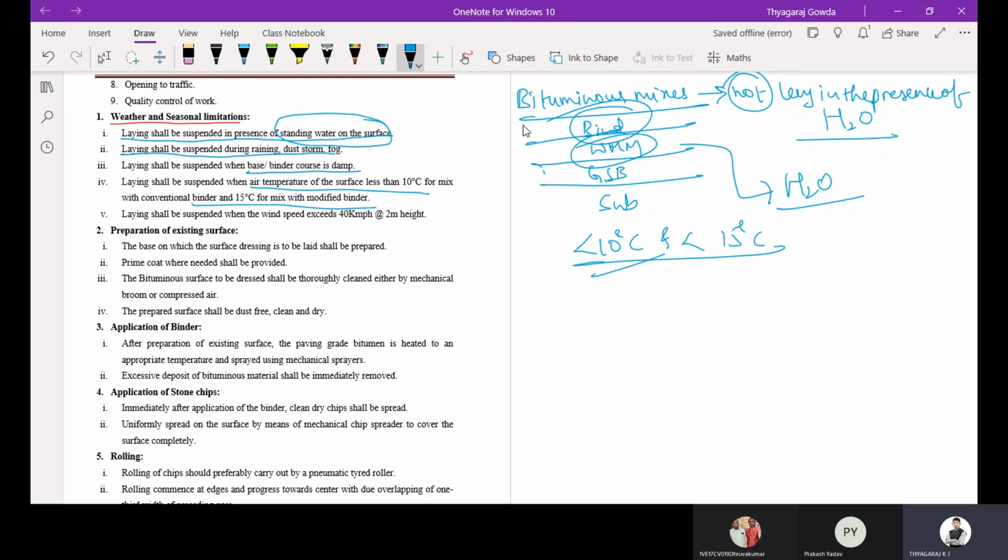Because, as I told, bitumen behaves like a solid at lower temperature and like a liquid at higher temperature. Laying shall also be suspended when the wind speed exceeds 40 kmph at 2 meter height. Then the second thing is preparation of existing surface.